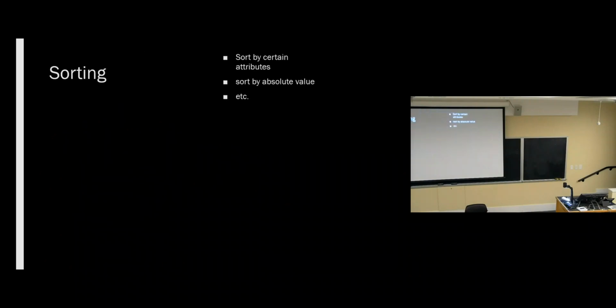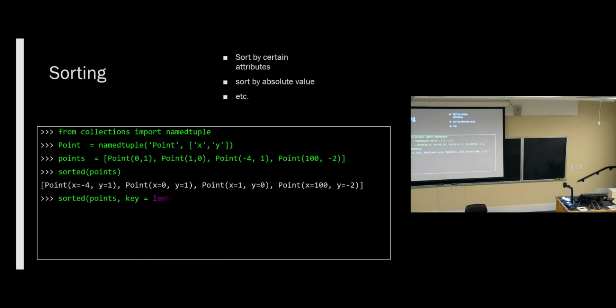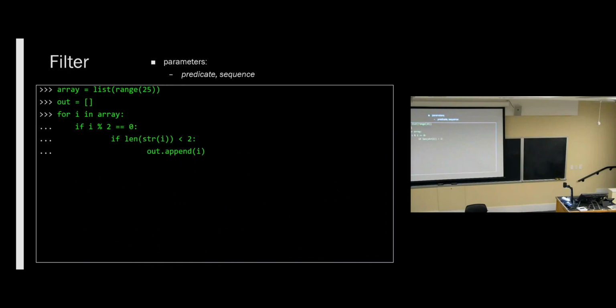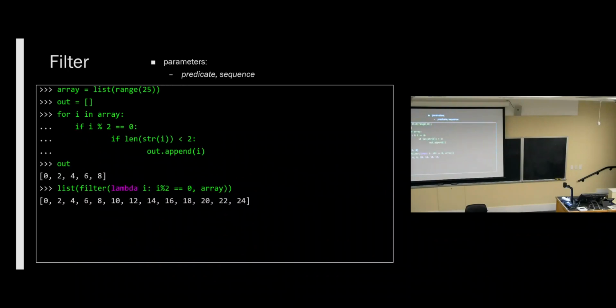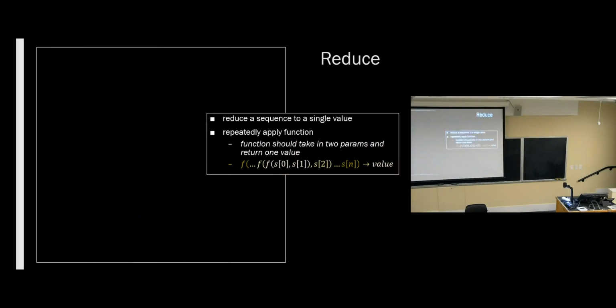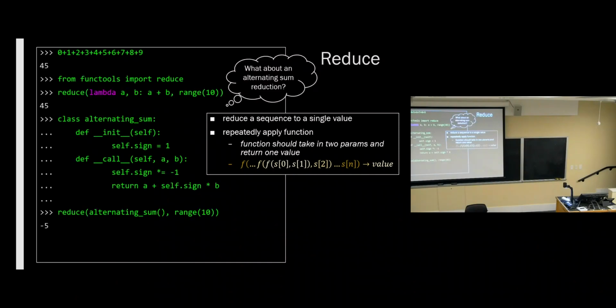So that's map. I wanted to go over sorting. Oh, whoa, that went fast. I wanted to go over sorting because that's another example where lambdas are really useful. And then there's filter. Filter is basically like map, but instead of mapping, it's like an if statement, so you can represent ifs in that for the filter. And then I was going to go over reduce, but man, this example was really weird, so I don't think it's actually that useful. But this was my other example of a call method where it's really nice to be able to just pass this thing, and if we wanted that thing to be a callable, it makes a lot of sense. So if you were curious about that, there's that.